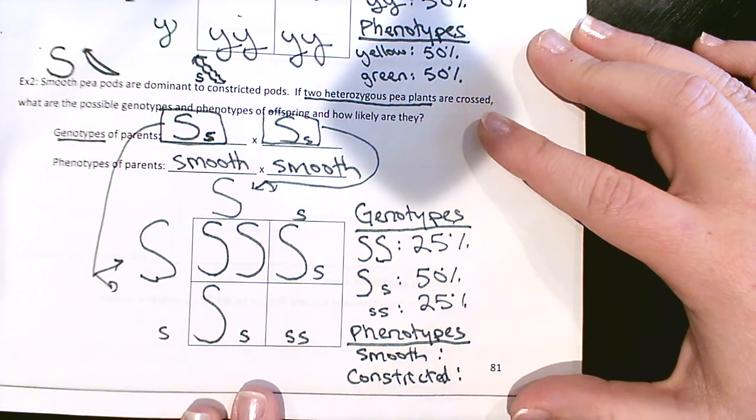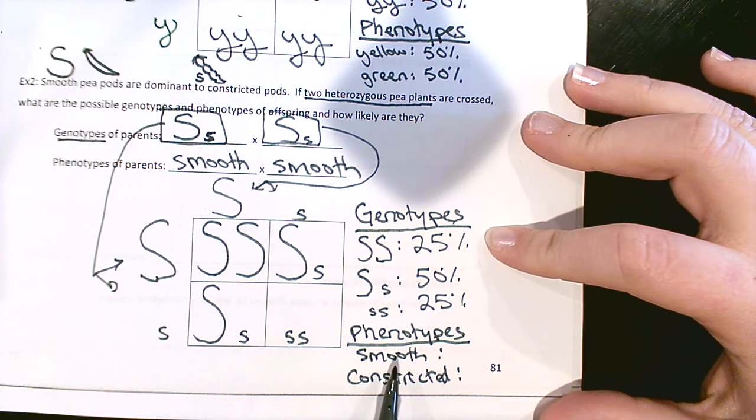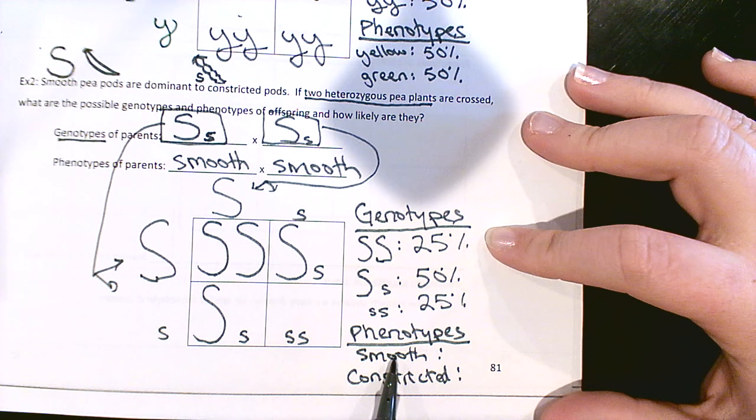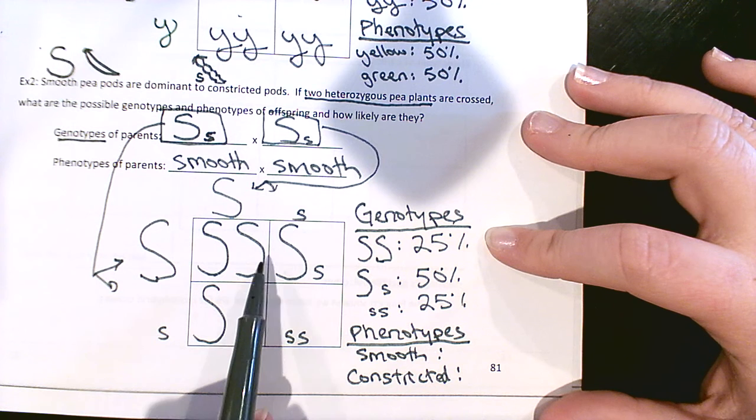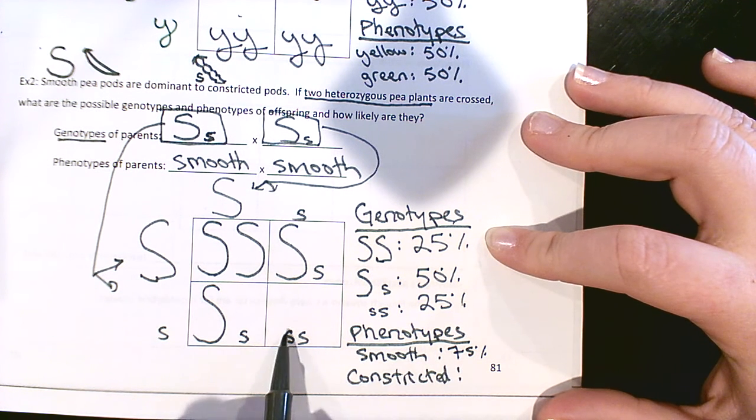Here's our phenotypes, our physical versions of the trait that could show up. So remember, for the dominant, the smooth, you need at least one dominant allele. So that could be 1 or 2. So if I'm looking for how many boxes have at least one capital S, I have 1, 2, 3 of them. So that would be 75%, and only one that does not,